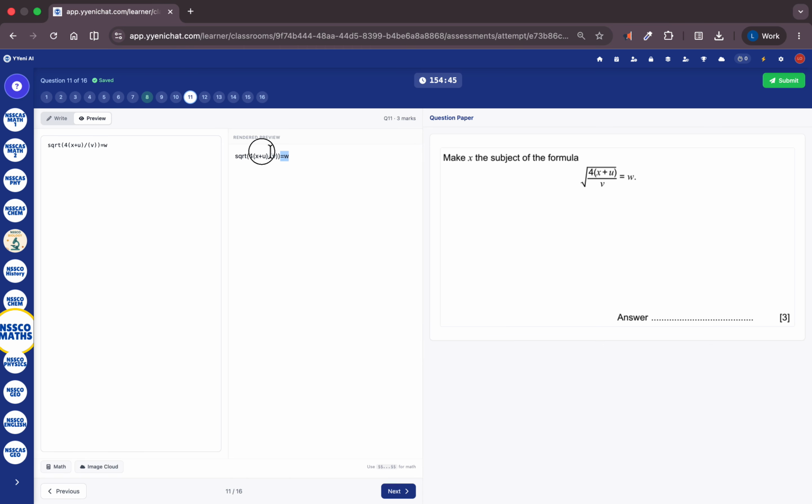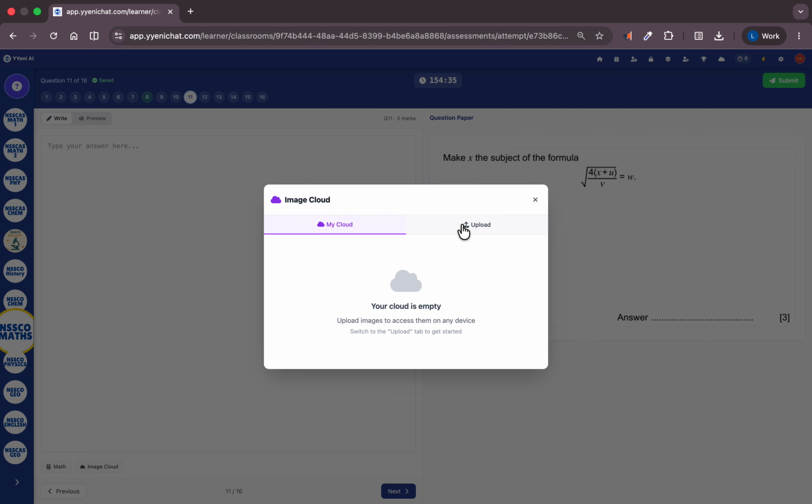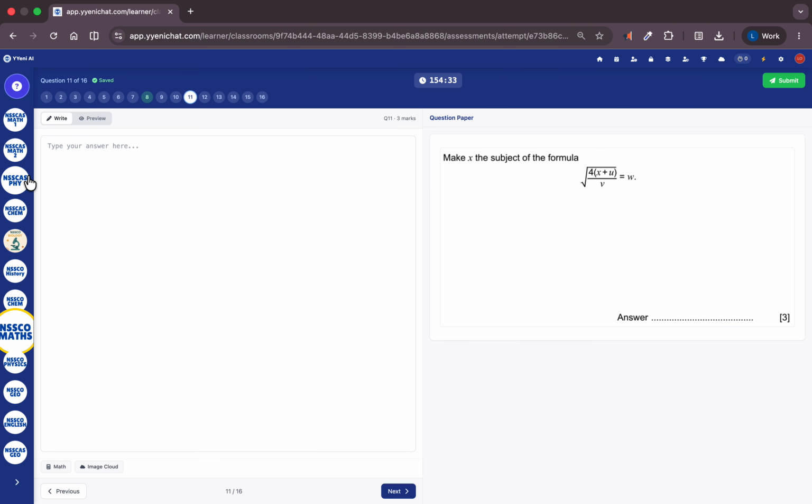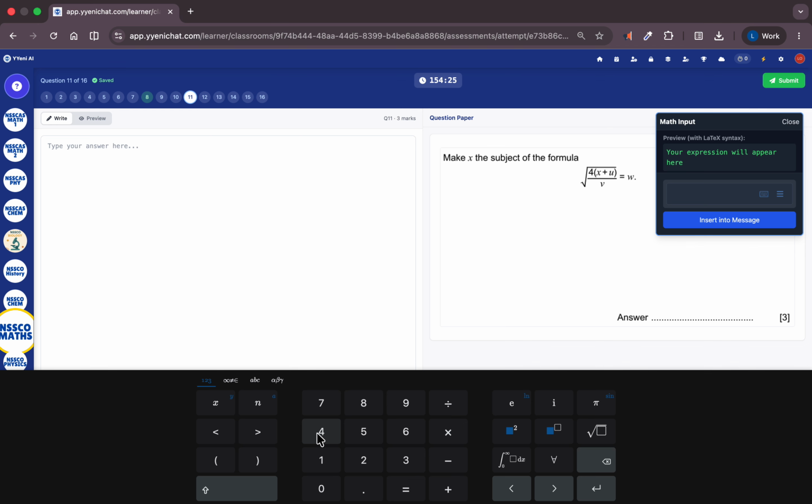So instead of doing that, what I advise you to do as a learner is write it down on a piece of paper. You either take an image and upload it, if that's available. If not available, because you're taking an actual test and therefore you don't have your phone with you, what you should instead do is use a math keyboard. The math keyboard will let you see how it actually looks like as a normal human being, and then it will paste it in a way that YYeni understands